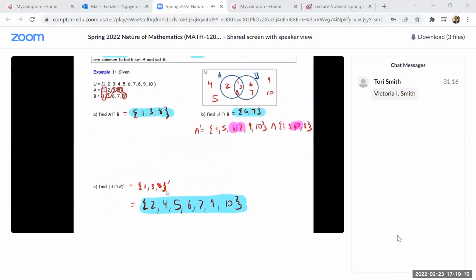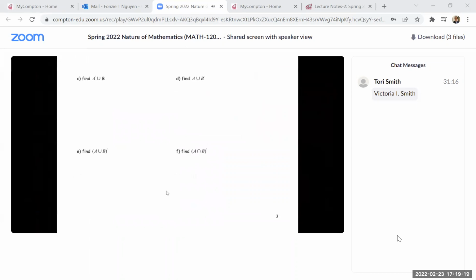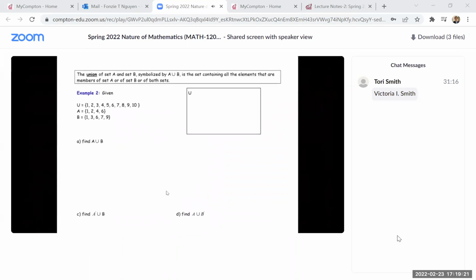All right, moving on. Let's do one more example. Actually, let's just do up to this, and then we'll take our break, and then we'll come back and finish it off. All right, so a new definition is called the union,